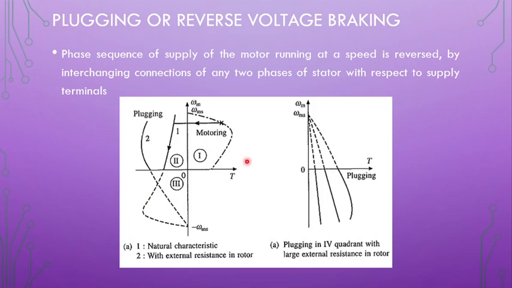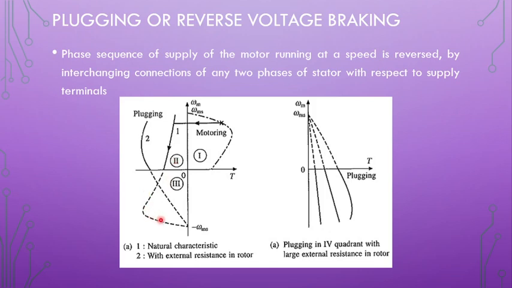Now if we want to suddenly reverse the direction of the motor in a very short time, we cannot wait for the motor to come to rest and then give the reverse supply. If we want to do it within the specified time for different application purposes, we will have to do it very fast. So from the forward motoring mode, we have to go to the reverse motoring mode, and directly traveling from the first quadrant to the third quadrant is not possible. We have to come through the second quadrant. Only then is the reversal possible.